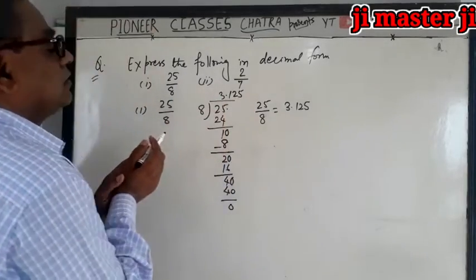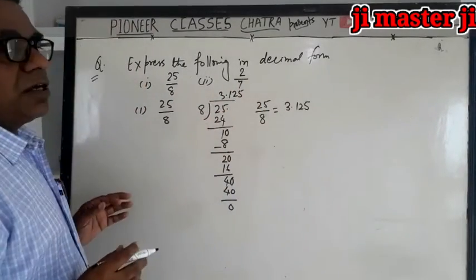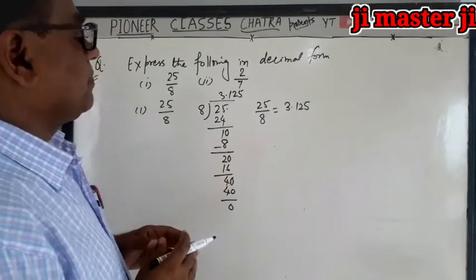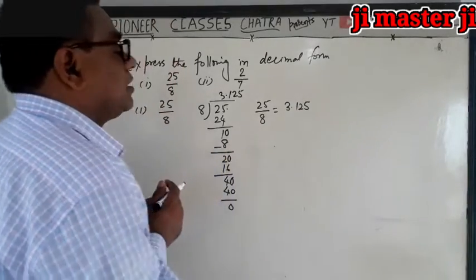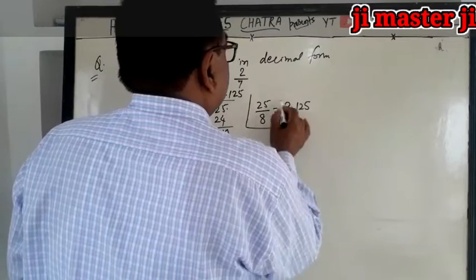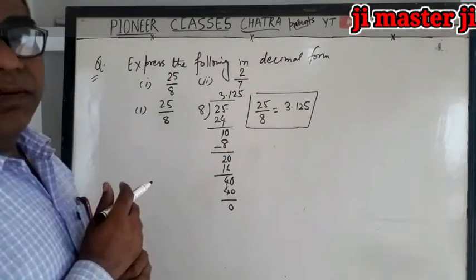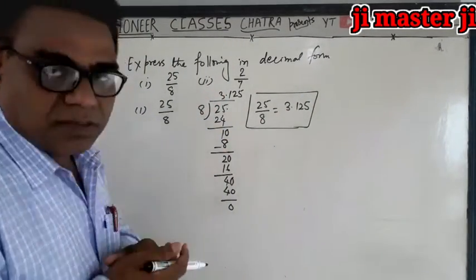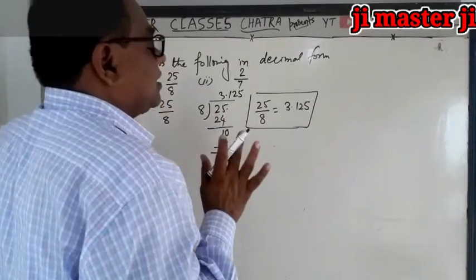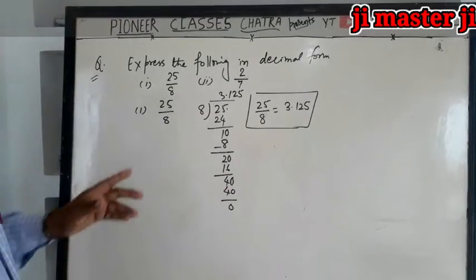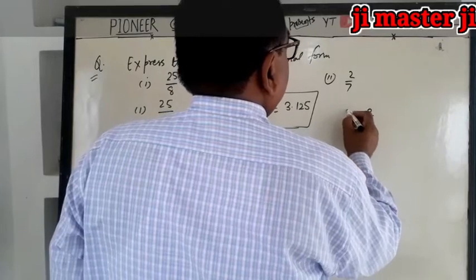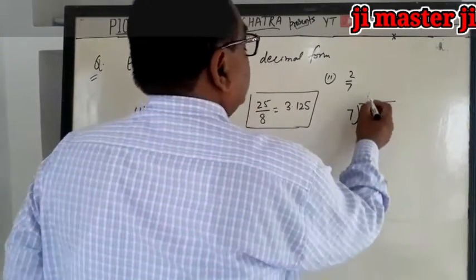This number terminates here, and this is why it's called terminating decimal representation. We get 25 by 8 is equal to 3.125. So this is terminating decimal representation. What is the type of this decimal representation? It's terminating decimal representation. And in another example, 2 by 7, we divide 2 by 7 and this is 0, we